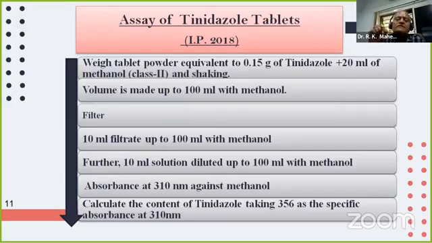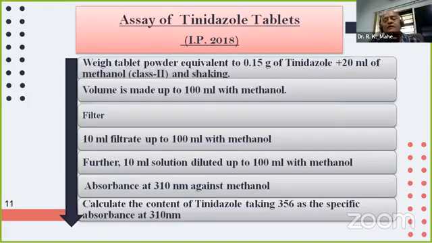20 ml of methanol is used, and then the volume is made up to 100 ml with methanol. So what you are doing with methanol is dissolving the tinidazole present in the tablet powder. Then filtration is done to remove insoluble excipient. From this filtrate, 10 ml is diluted up to 100 ml with methanol. Then again from this solution 10 ml is withdrawn and diluted up to 100 ml with methanol. Then the absorbance of this solution is noted at